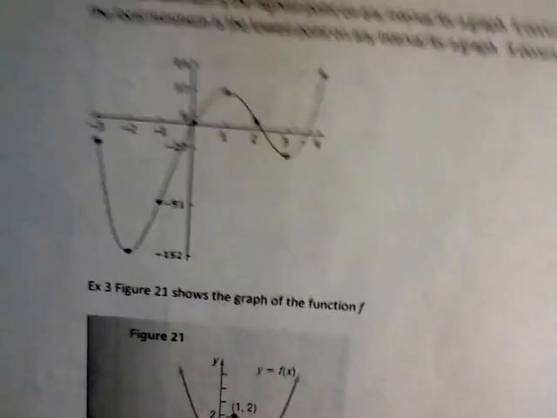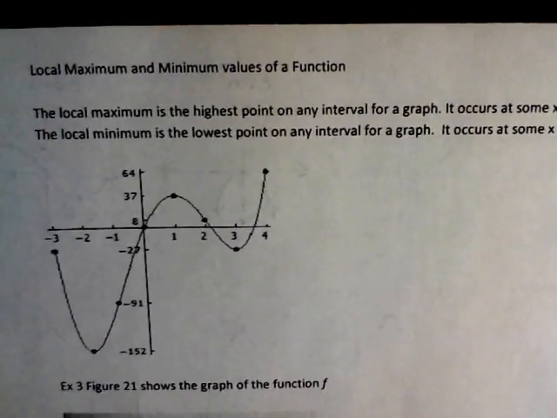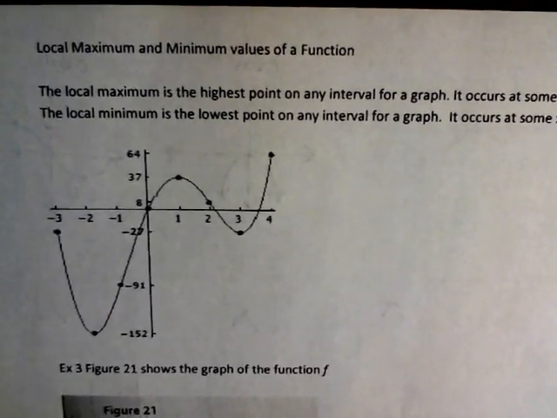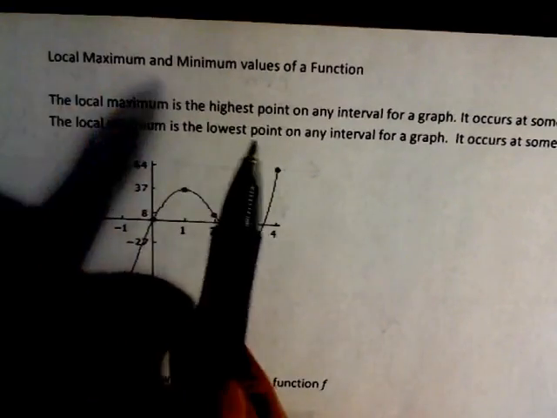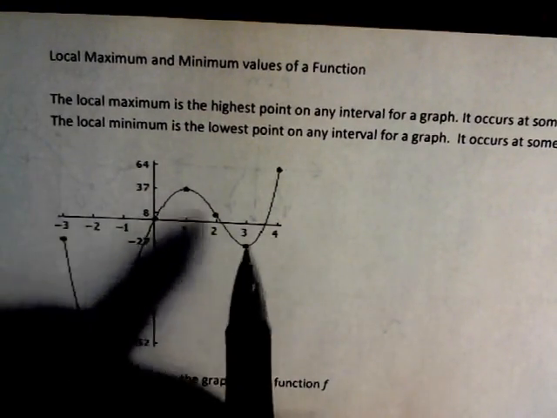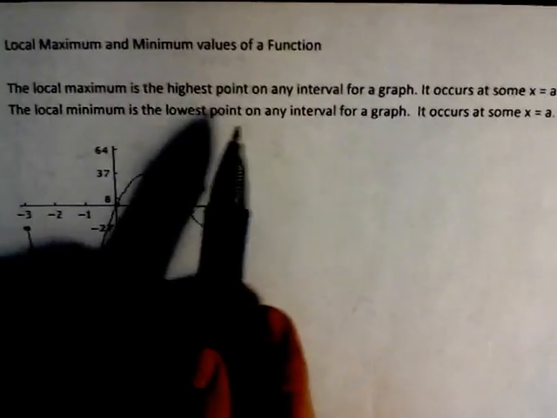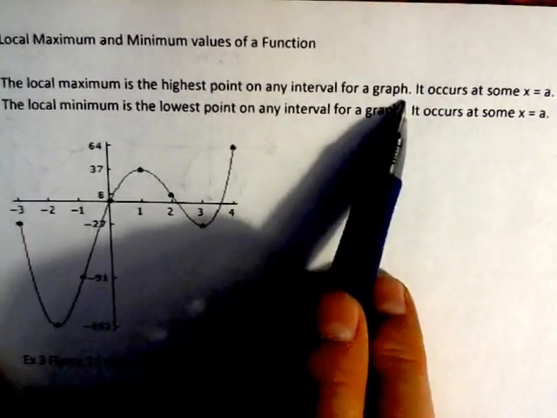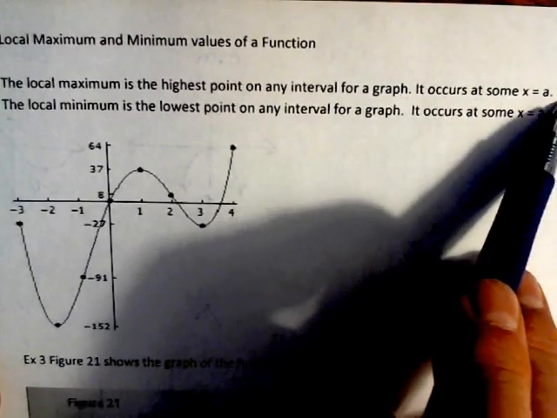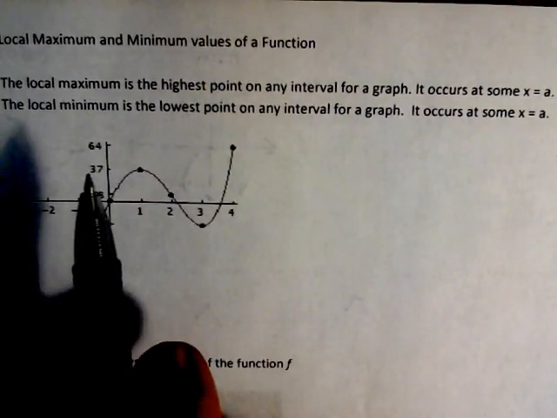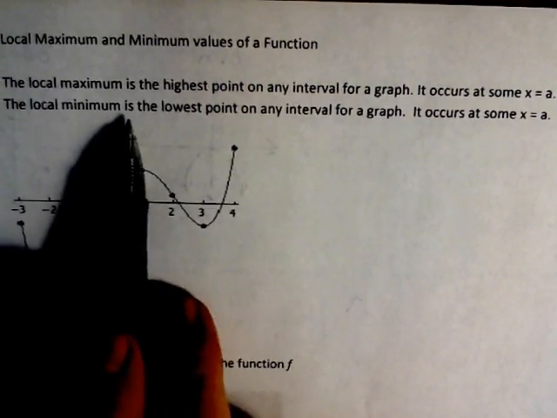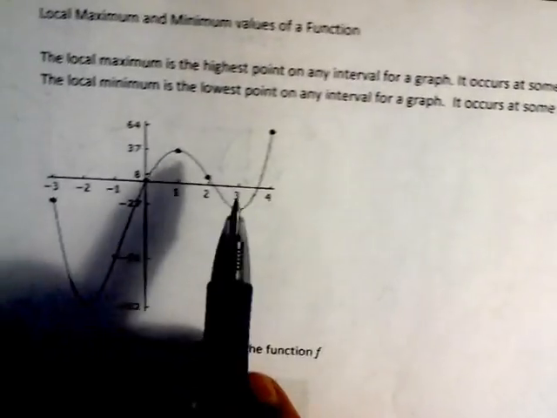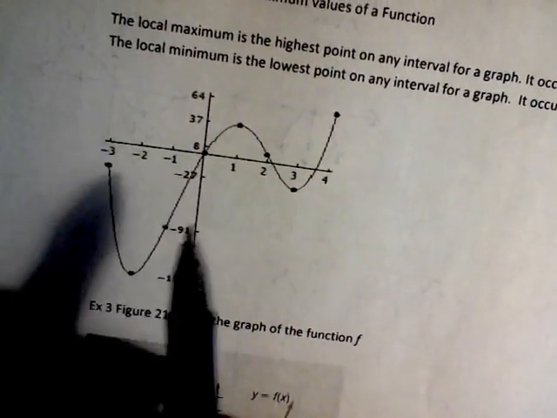All right, so now we're going to look at what we call the local maximum and local minimum values of a function. So when we talk about local, think about local. If I just said maximum, that's just the highest or lowest point on the graph. But when we talk about the local maximum, it's the highest point on any interval. And it occurs at some X. And then we also supply the Y. The local minimum is the lowest point on an interval. So your intervals are from